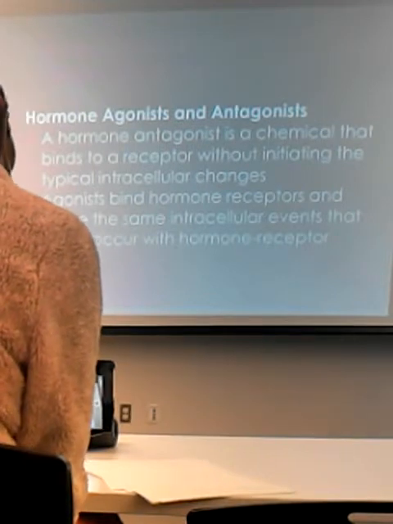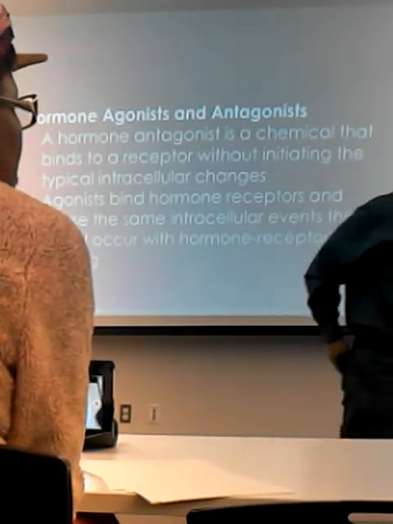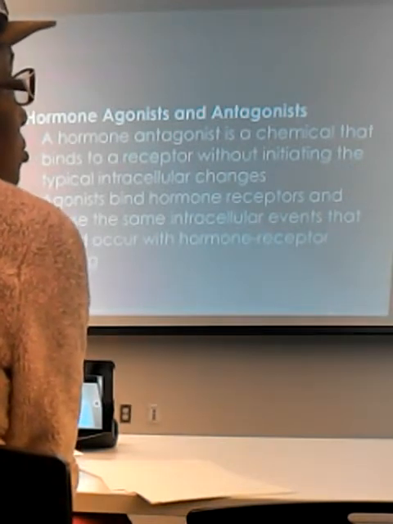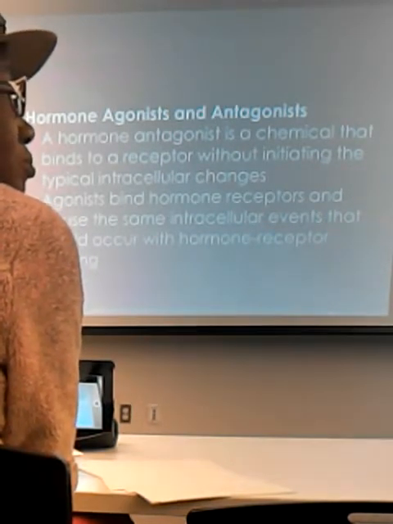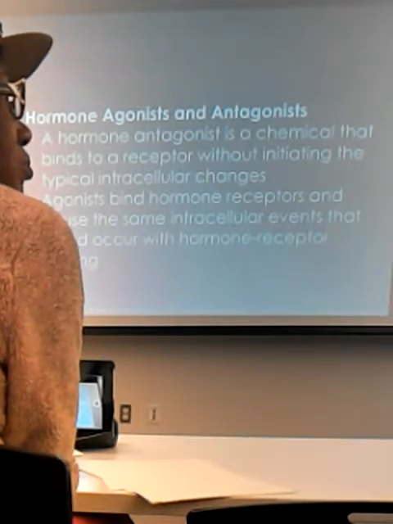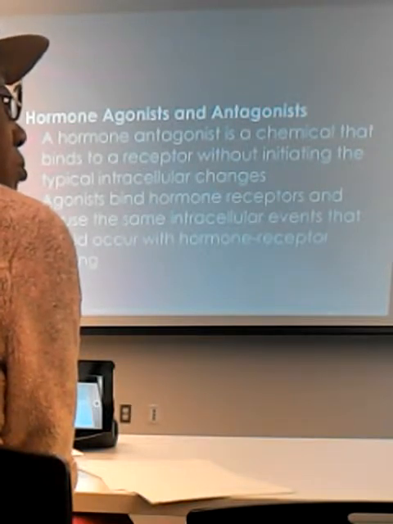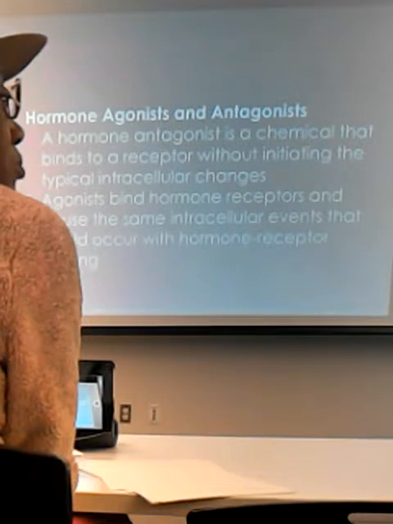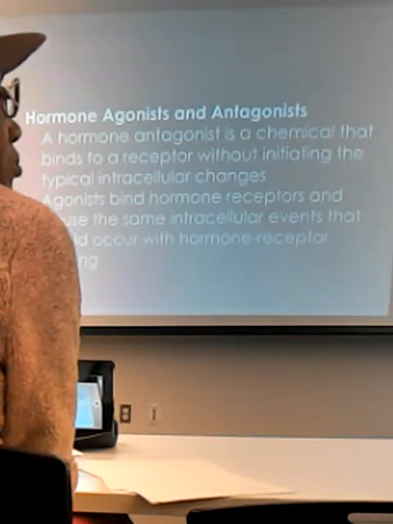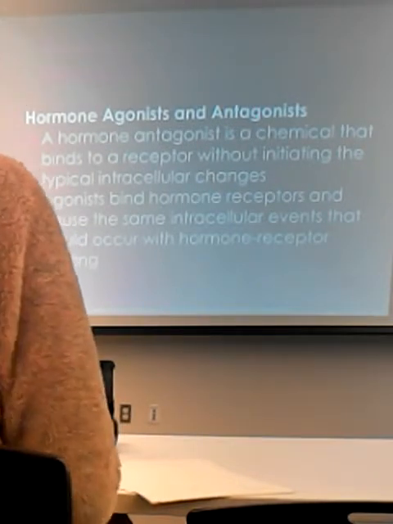So, an antagonist hormone, there are many different kinds. The only one I want you guys to know about: an antagonist hormone binds to a receptor for some hormone that it's antagonistic to. When it binds to that receptor, it does not trigger any reaction. And it's actually blocking that receptor from receiving the hormone that that receptor is designed for. Does that make sense to everybody? Okay.